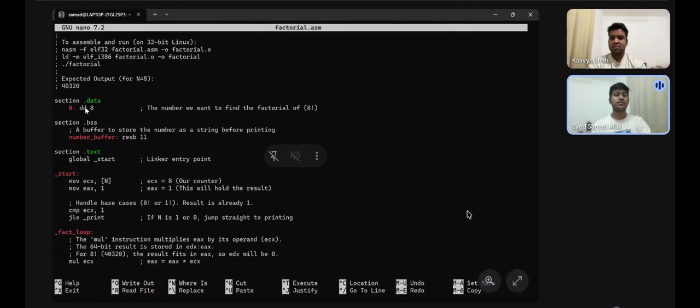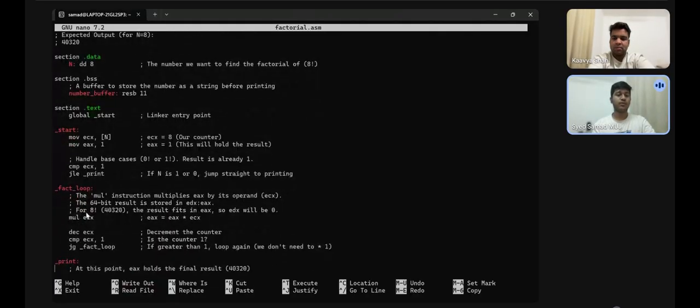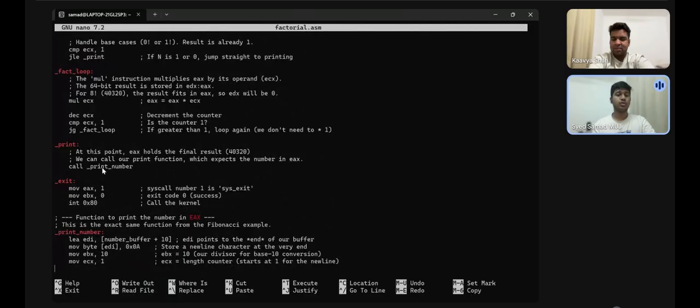This first section, data, is our starting point where we introduce the number of which we have to calculate the factorial. Then this is where our program starts and stores the numbers in the register. Start will set the counter and the result in the register. Now this fact loop will do the multiplication and decrease the counter as well. This print loop will just call the print number